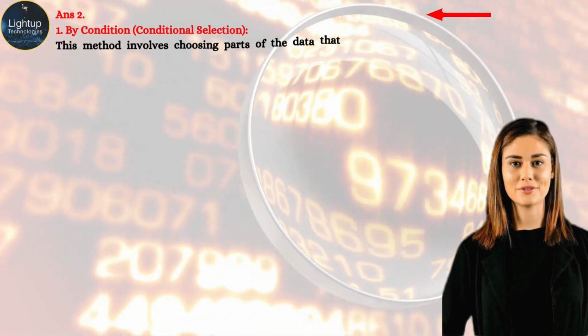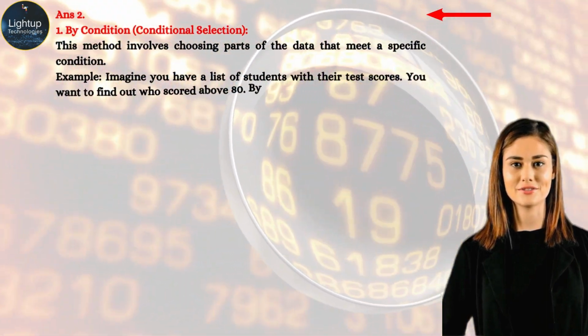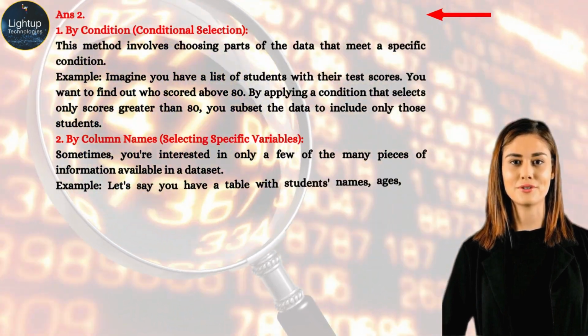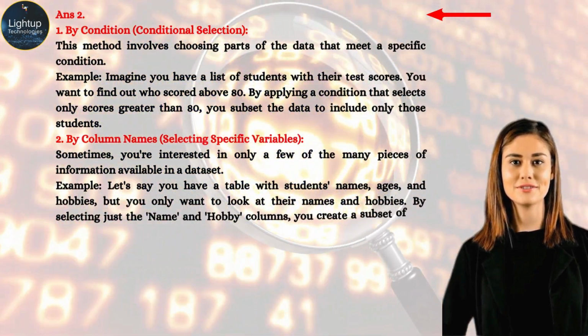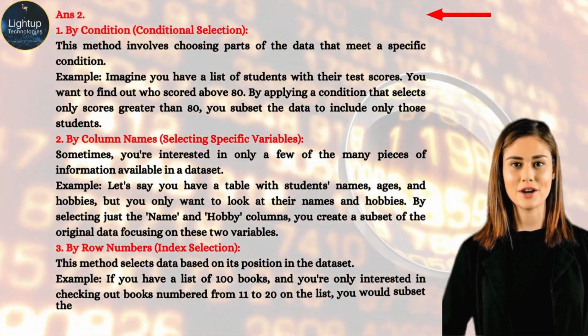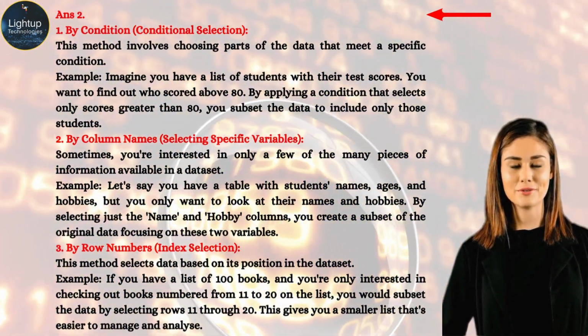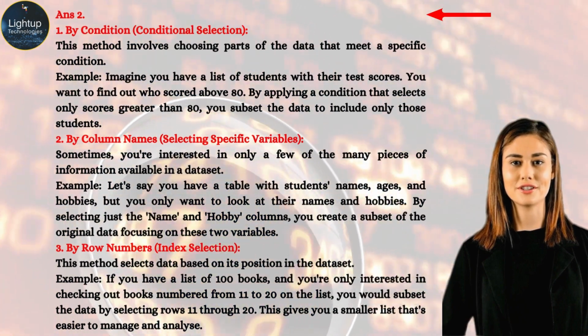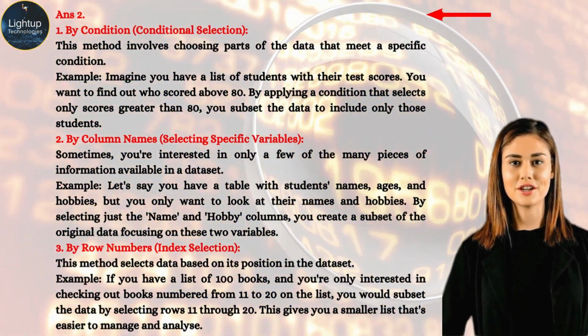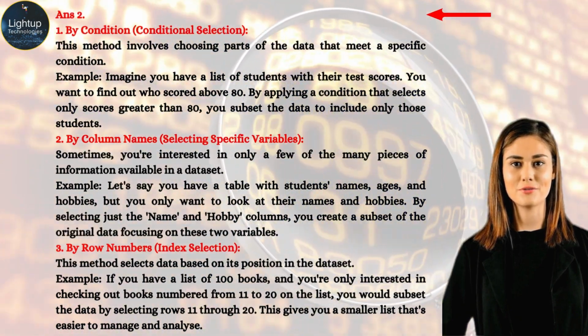By condition, conditional selection. This method involves choosing parts of the data that meet a specific condition. Example: imagine you have a list of students with their test scores. You want to find out who scored above 80. By applying a condition that selects only scores greater than 80, you subset the data to include only those students,